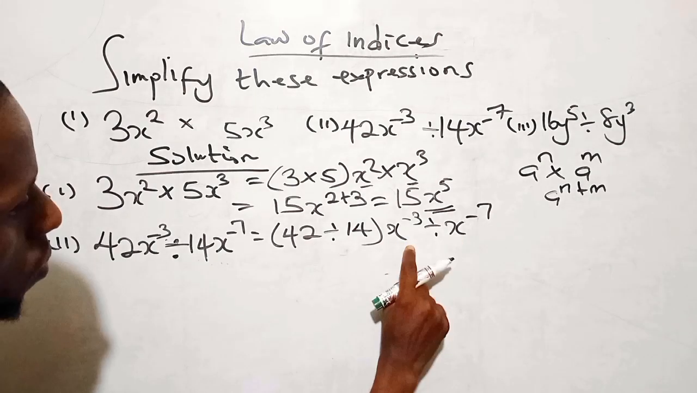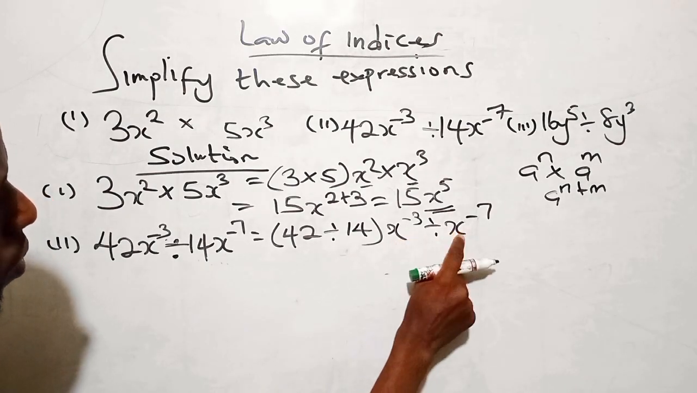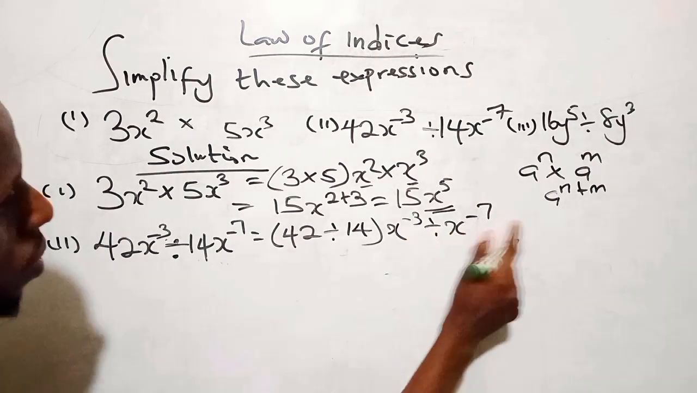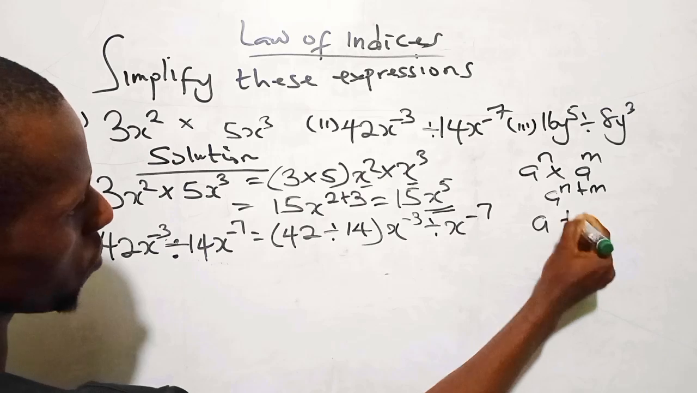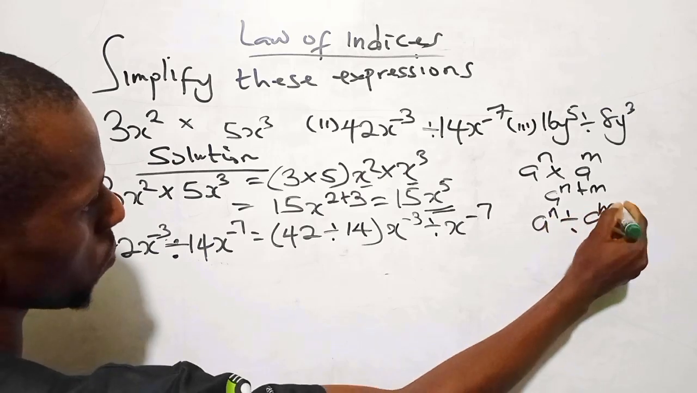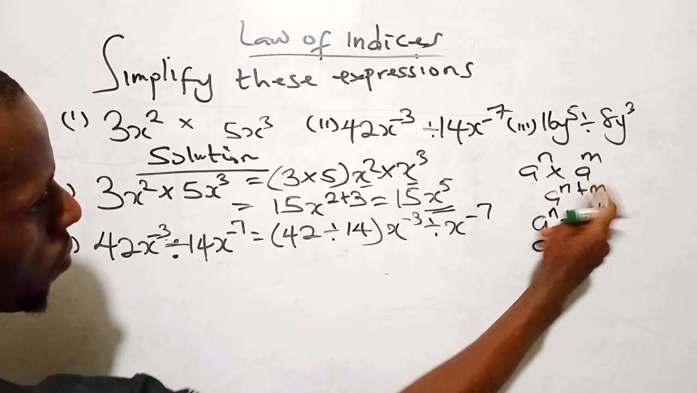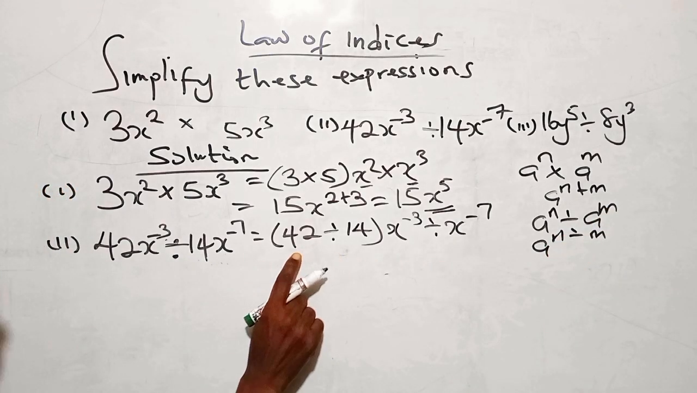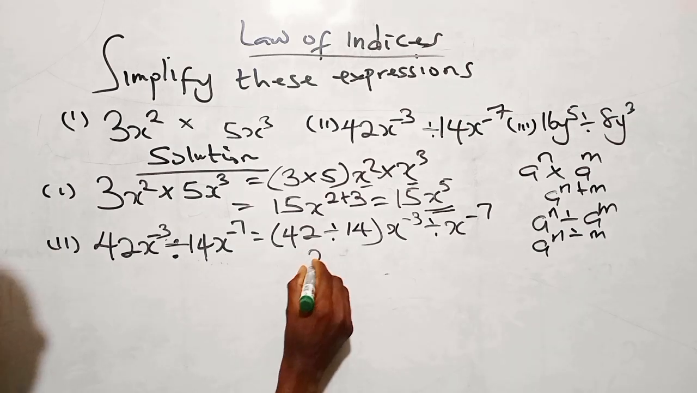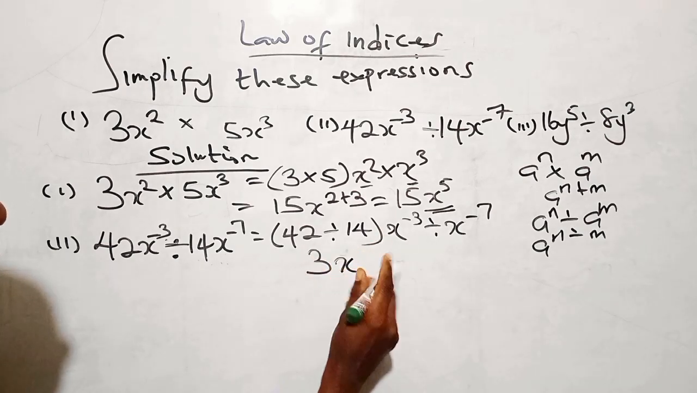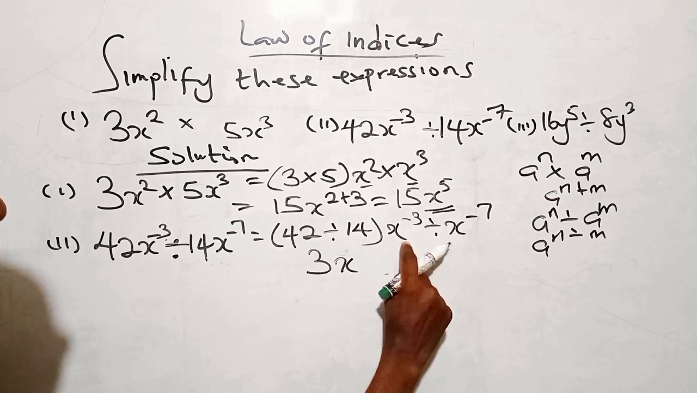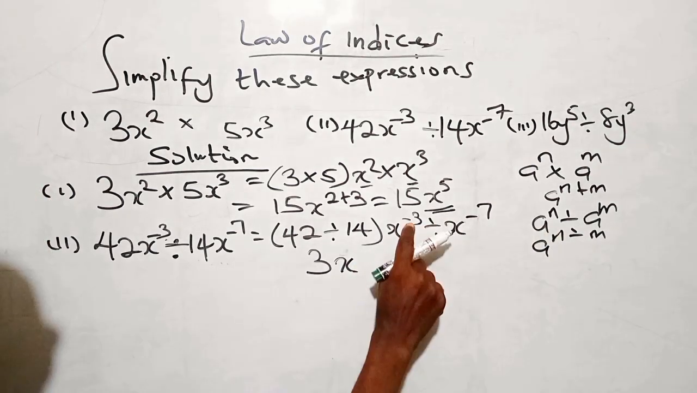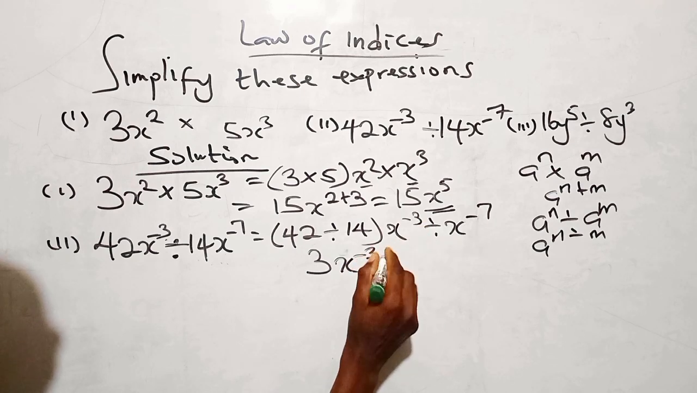When we look at this, we have the same base and a division sign. One of the laws of indices says that when you divide the same base, you pick out one of the base and subtract the index. So 42 divided by 14 is 3, times x. We have the same base, so we pick out one. What do we do to the power? We subtract. So here we have minus 3, minus